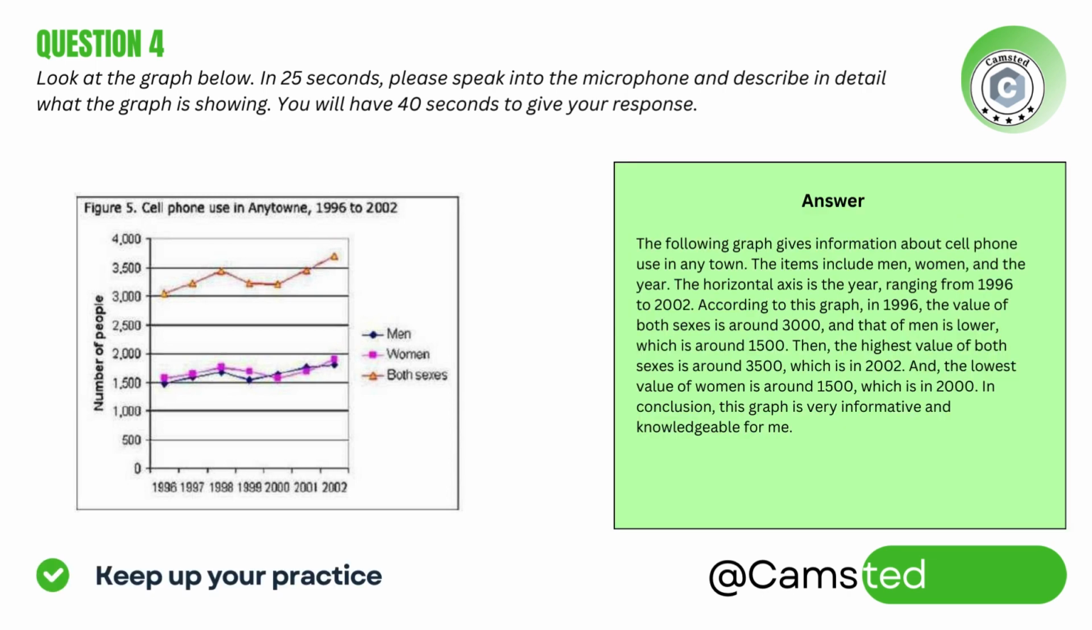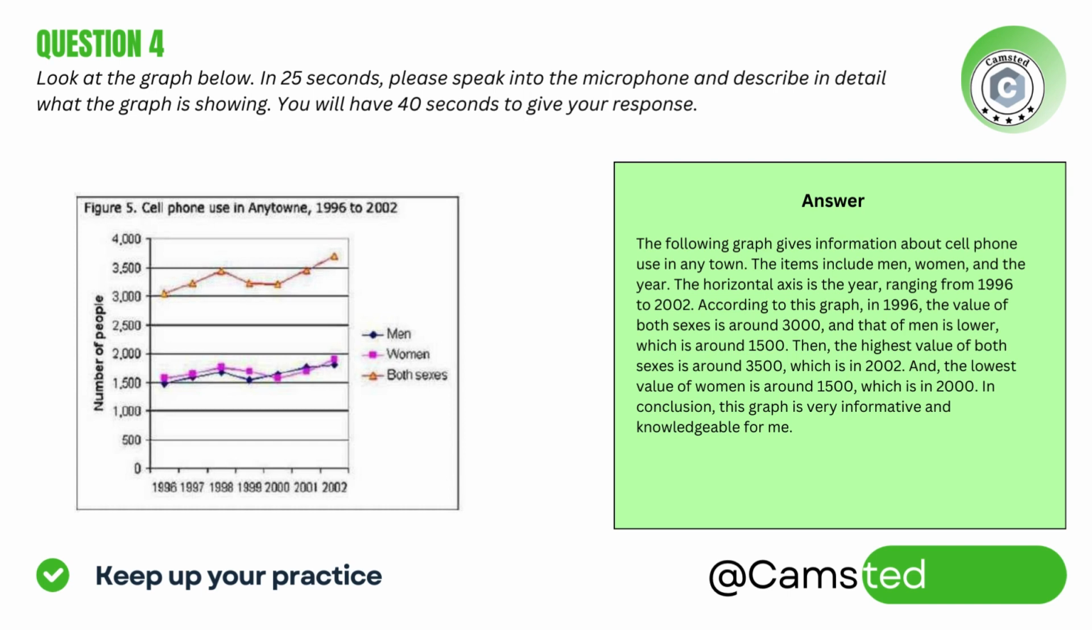The following graph gives information about cell phone use in a town. The items include men, women, and the year. The horizontal axis is the year, ranging from 1996 to 2002. According to this graph, in 1996, the value of both sexes is around 3,000, and that of men is lower,